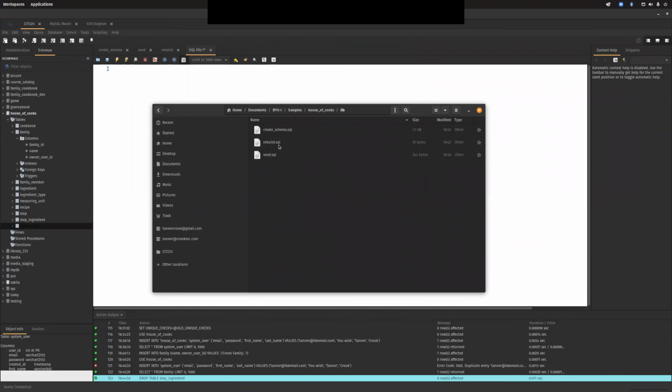At least the create schema and the seed script. The rebuild is just a nice little thing to save you a couple clicks and buttons essentially. But I like to keep that in a lib folder, so that way it's all there too. So you can keep doing this. So that's your lib folder. And eventually what you'll end up having